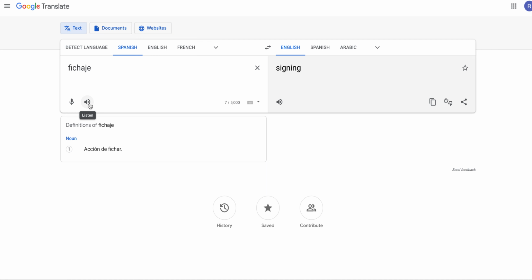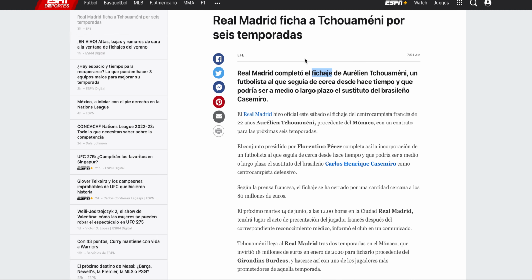So this is a good thing to know: if you're not very sure of how it's pronounced or what the meaning is, just go to Google Translate. So Real Madrid completó el fichaje de, this is the name of the guy, I'm not going to butcher his name. So let's move on. Un futbolista, which means football star, al que